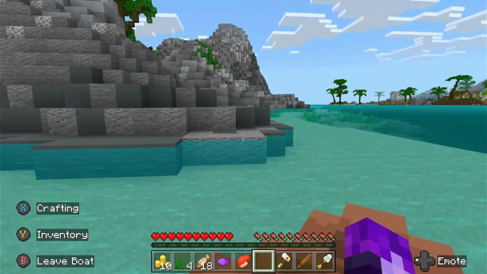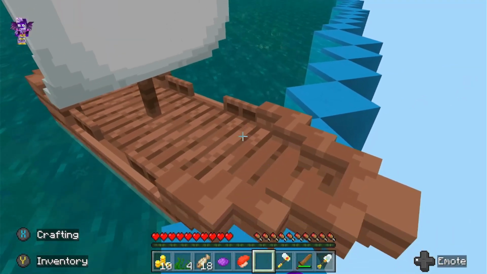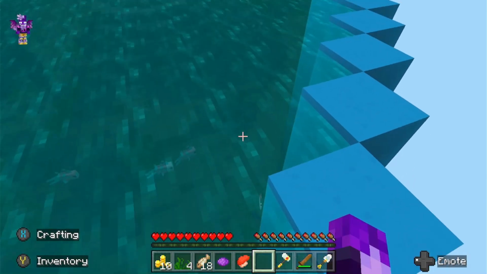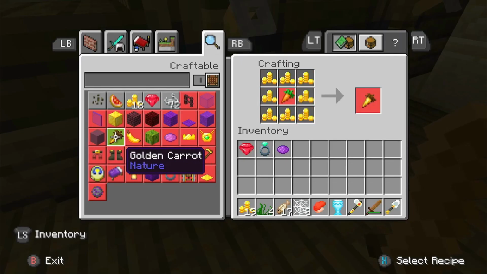We eventually get a boat and we're going to want to ride to the edge of the earth, where we then find that it's an abyss. But just to make sure that I don't die down there, I tossed an item and yeah, it disappeared. This is just an infinite void, so that's not our way of escaping. But then I thought,